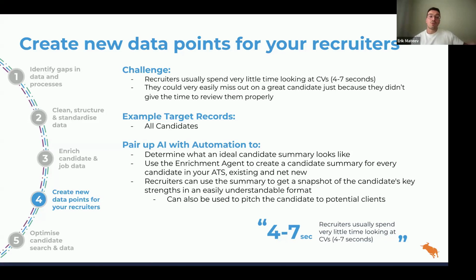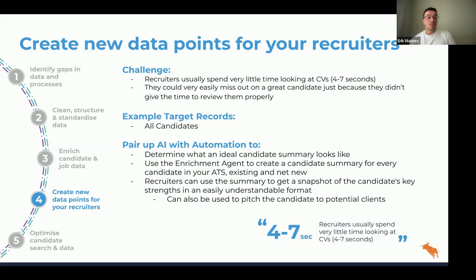Once you do that, you can then use the data enrichment agent to go and execute that prompt and create this piece of content. Put that piece of content into a new field on the candidate record and put it at the very top of the profile. So it's the first thing that the recruiters see whenever they open the candidate or they preview them from the binoculars. It's an amazing data point that can give them a very good understanding of who the candidates are, and it can speed up the time it takes them to preview every applicant for a job or every candidate they're going through when they're executing a search.